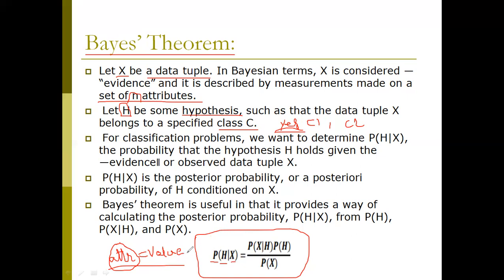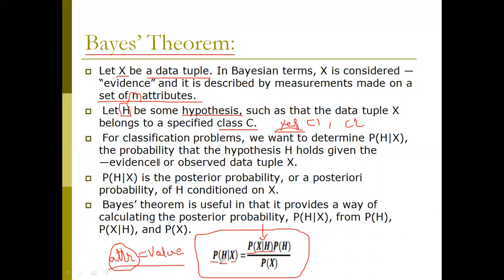X is an attribute value and H is a target class, which means class labels C1, C2, C3 all come under H. X is an attribute, or attribute values, all coming under X here. That equals probability of X by H. So the formula is, this is H by X and this is X by H. This formula is called likelihood